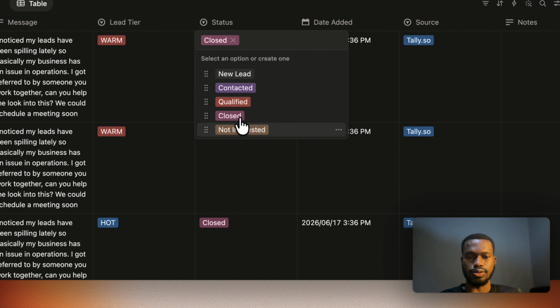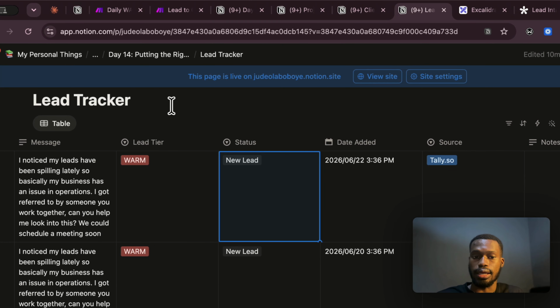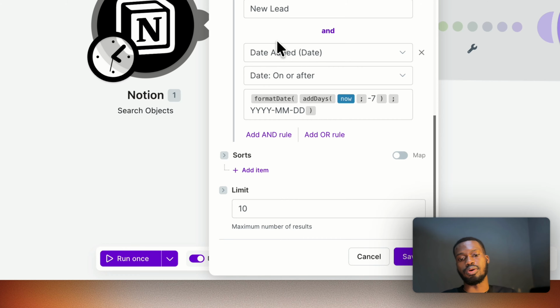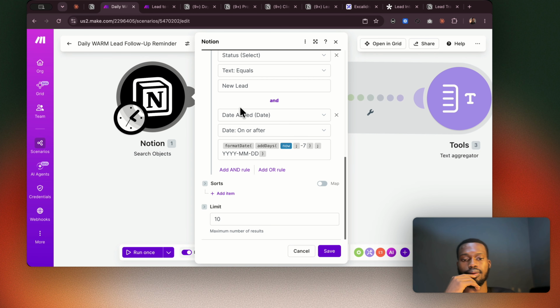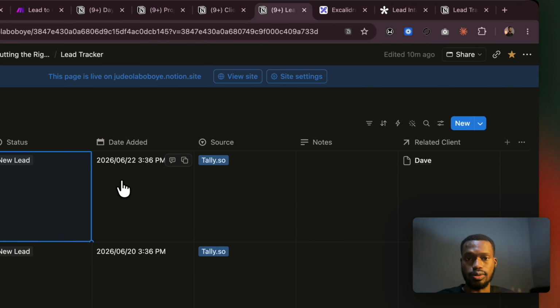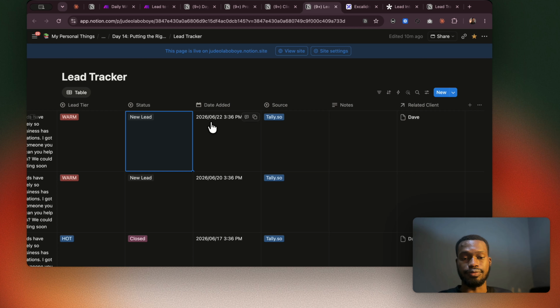But if we turn this to new lead, it's going to pick it as well, since it's satisfying both new lead here and warm at the same time. So the third thing it's going to consider is, since this is a daily warm lead follow-up reminder, within the last 7 days, between now and the previous 7 days, are these people between now and the previous 7 days? So if it's probably a date that is later than that, or that is far earlier than that, it's going to skip them. So the filter is basically asking here, is this date within